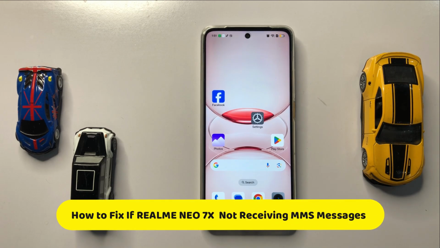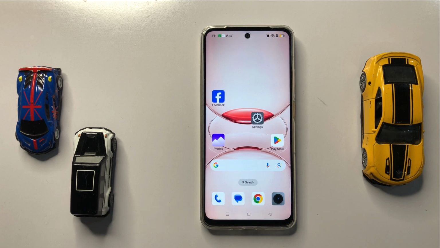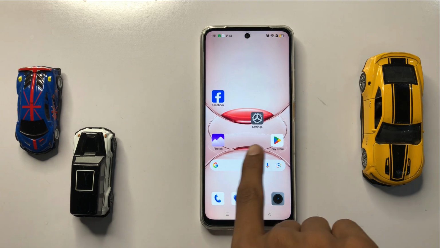Hello everyone, in today's video I am going to show you how to fix Realme Neo 7X cannot receive MMS messages. So let's start the video. First of all,